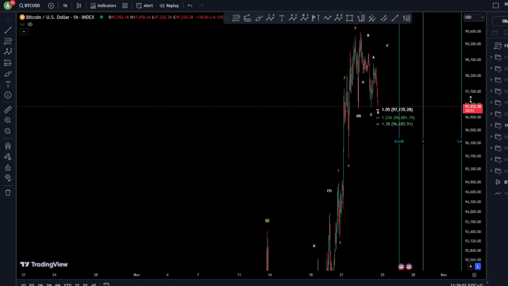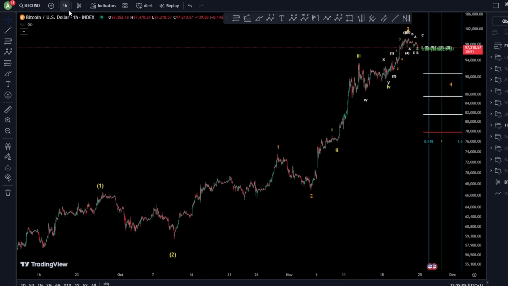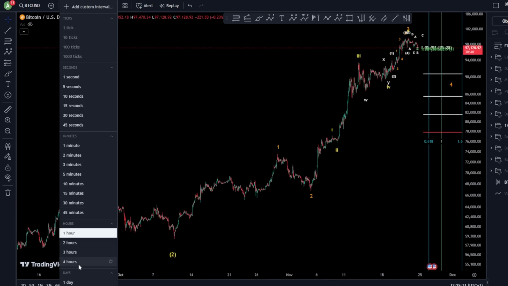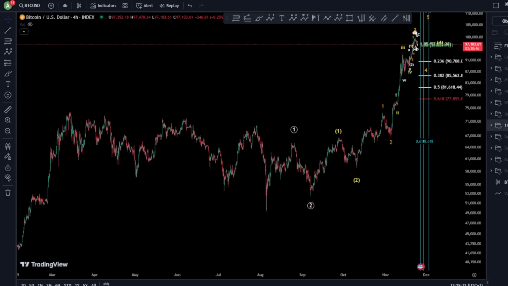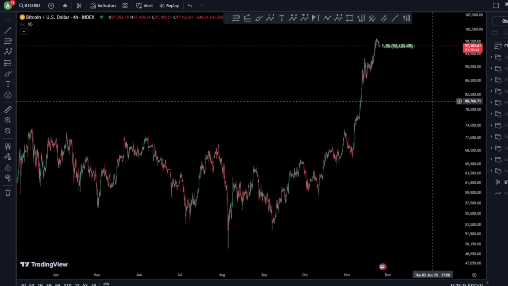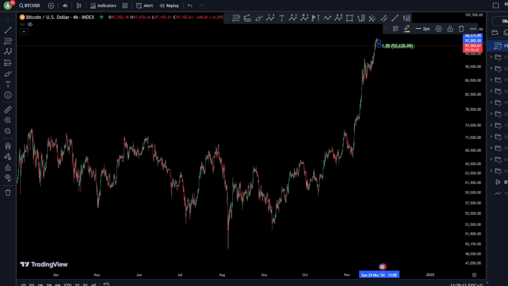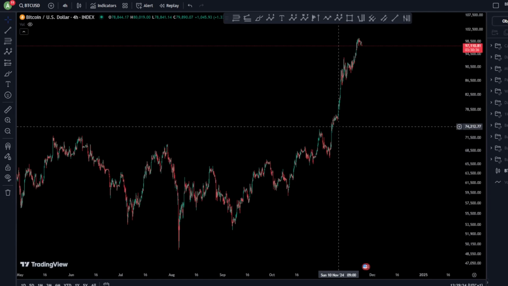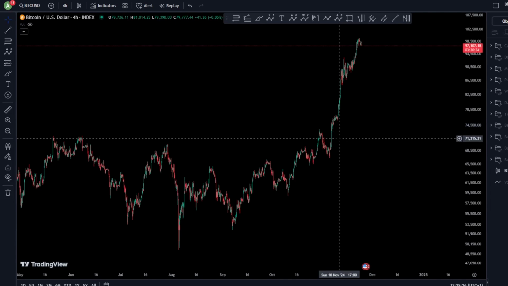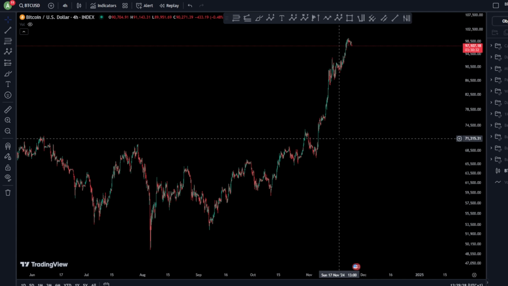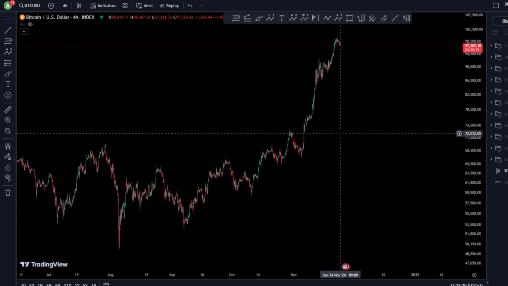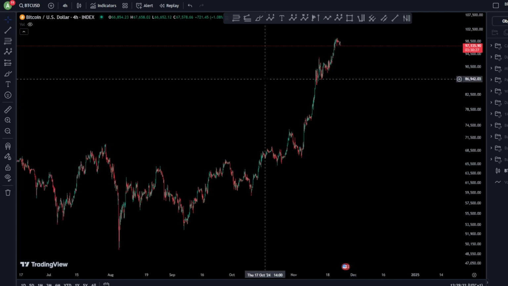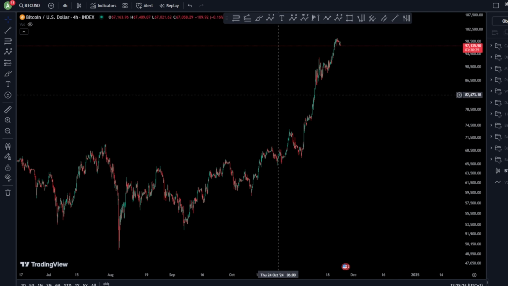Now let's just take a look again at what are the possibilities on the 4-hour chart, and what are the possibilities that we might have thought for Bitcoin for this cycle. That would be interesting. That could be a deep analysis, but it is also kind of interesting to take a look at this. Okay, what if